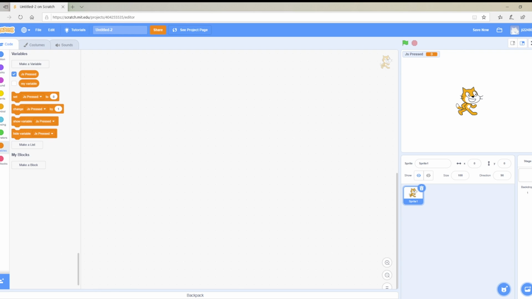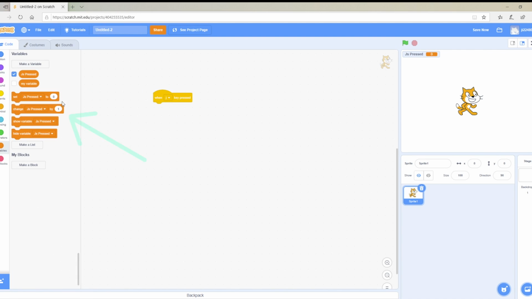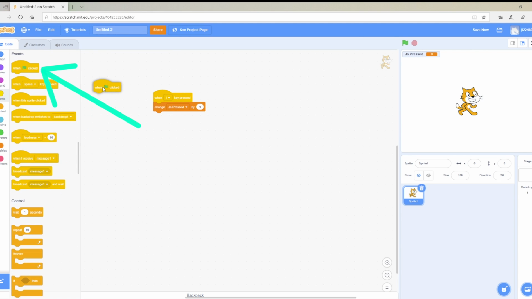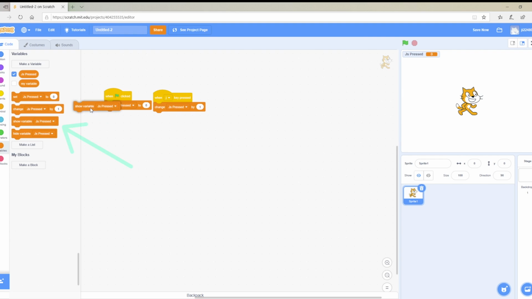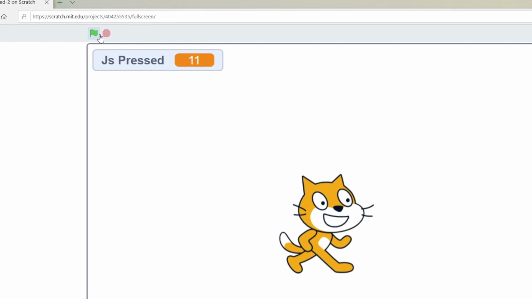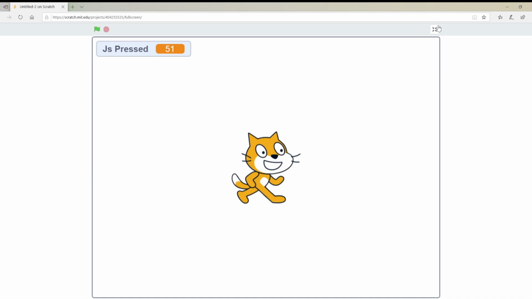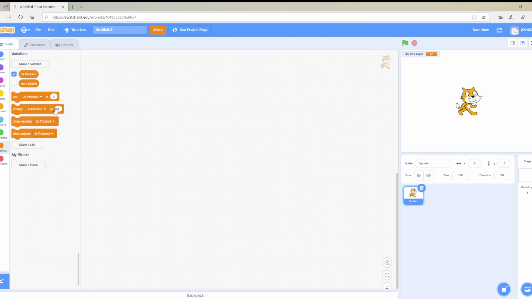So when we go to events, we're going to go when space is pressed and drop down to J. And whenever J is pressed, you can change J's pressed by 1. And when flag is clicked, you can set J's pressed to 0 and show it. What this does is it keeps track of how many times you press J. And then it's like a little counter, which can be used in other ways, like video games and just smaller